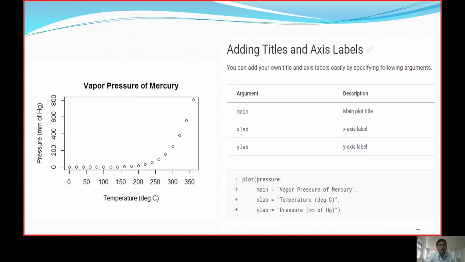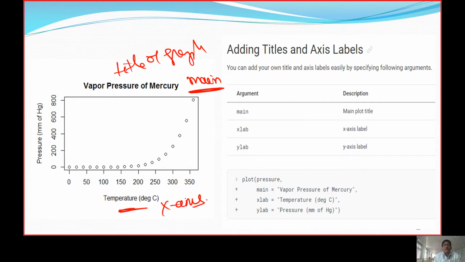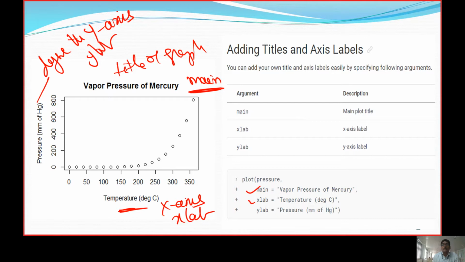in a two-dimensional way. Next comes, we need to have a title. We need to mention a title of the graph. So for that, we are going to assign it as main here. Next one, we need to define the x-axis. So that's where we call it xlab. Similarly, we need to define the y-axis. So in order to get the y-axis, we will be using ylab. So that's how we get this main, xlab, and ylab. So lab stands for a label.